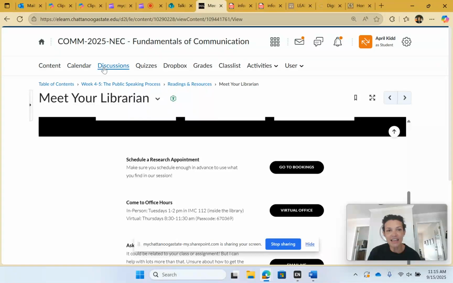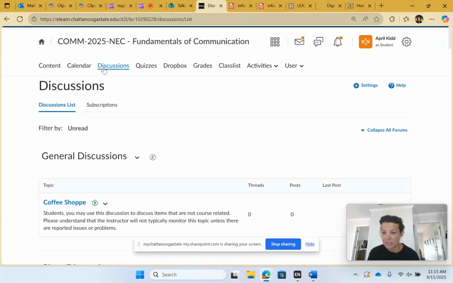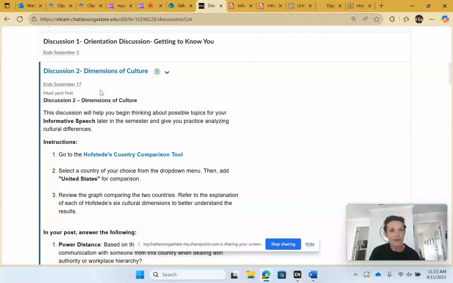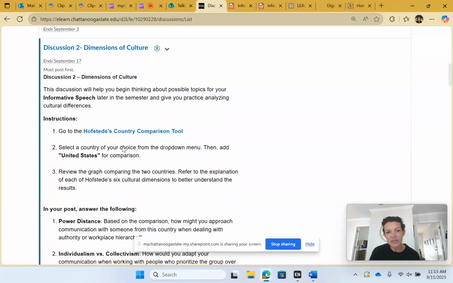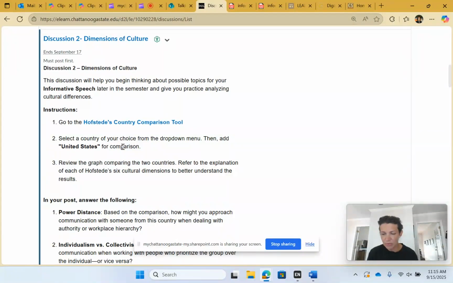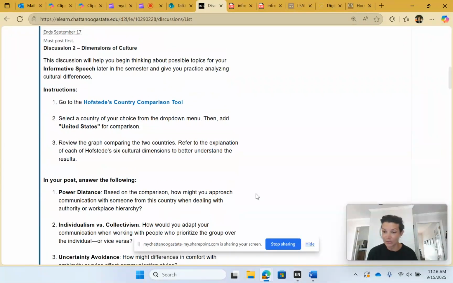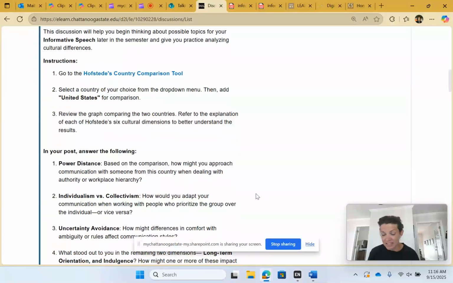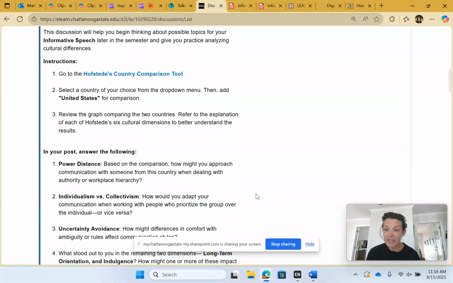And then the next assignment is that discussion board, Dimensions of Culture. So you can access that by clicking the discussion tab and then looking right here, Dimensions of Culture. So our first discussion board was a video assignment. Discussion 2 is a written assignment, although I had a student ask if they could do a video, and I think that would be appropriate if you wanted to record yourself giving the answers to these questions. I think that would be fine,